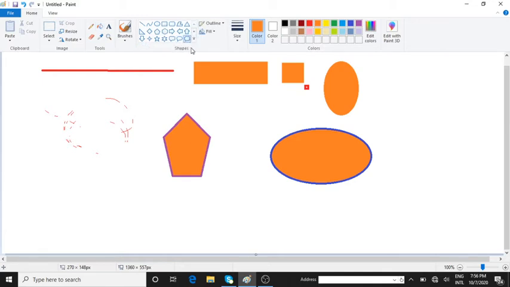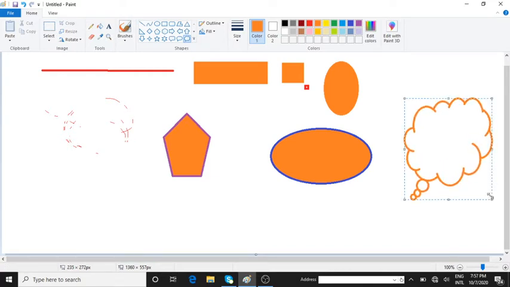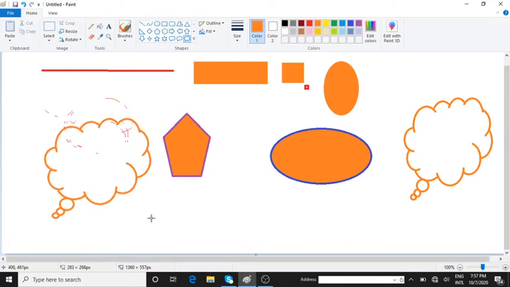Yes, it is here. Yay, we got it. You can just drag the mouse. It appears like this. Can you see this? I'll just show you once again. See. This is how you're supposed to use the call out. This is called as call out shape. This will be in the shapes group itself, a cloud. Okay, this is your call out shape. Then this is how you're supposed to do it.